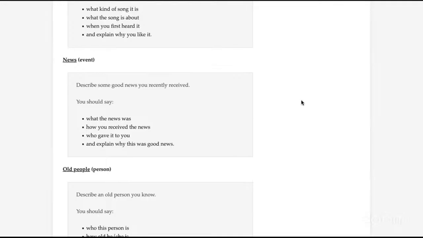So when you know it, you can also Google it, and you can also listen to the best way to pronounce it and how different people pronounce the same word. When you listen to that, you should copy and speak in the same way. So this is the best way.